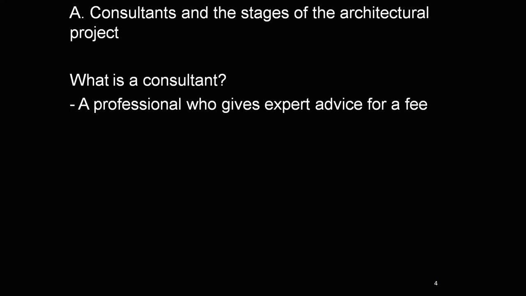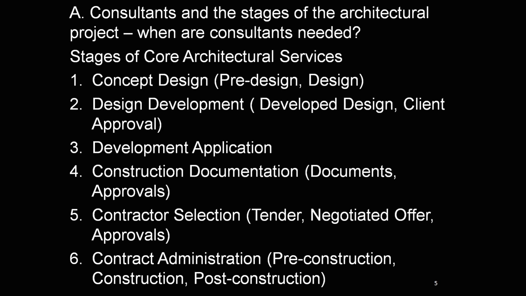So, moving right along, let's start with what the core stages of an architectural project are, according to architects. I've taken these stages from Acumen. You see the six basic stages there, which I'll now go through. The first one, concept design, really has two phases. Firstly, pre-design, which is the research and information gathering phase, and design, during which the architect explores and illustrates the design and cost options appropriate to the size of the project for the client to consider.